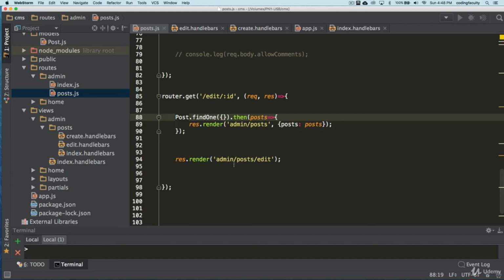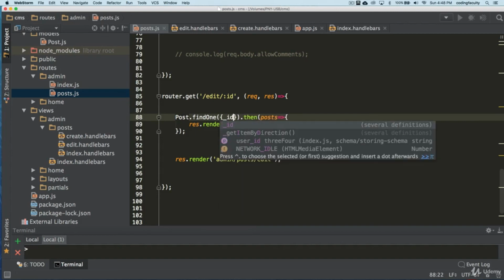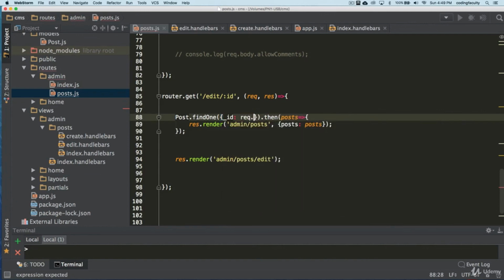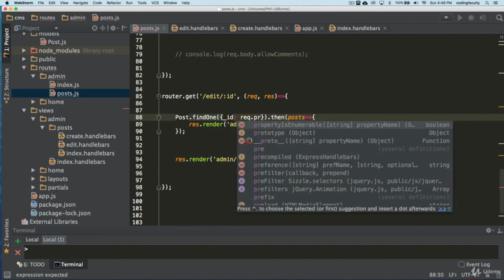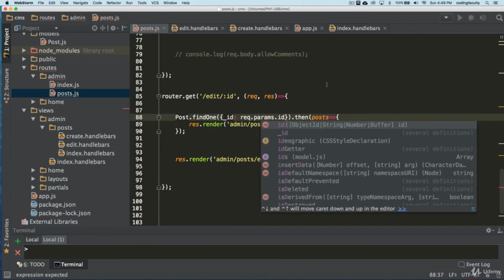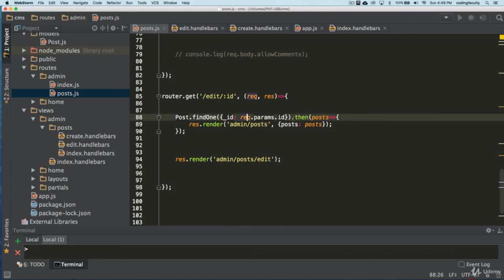We want to query the ID, something that looks like _id colon, and the ID needs to be the one in the URL, which is params.id.